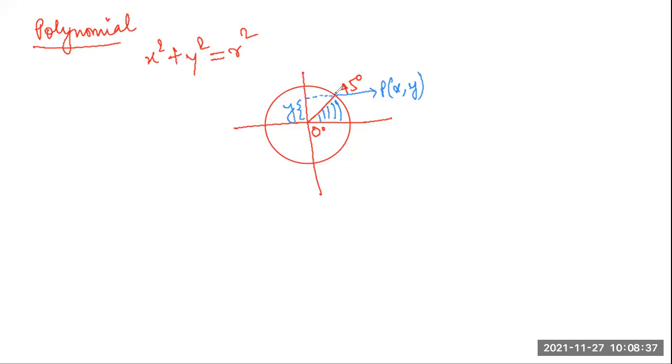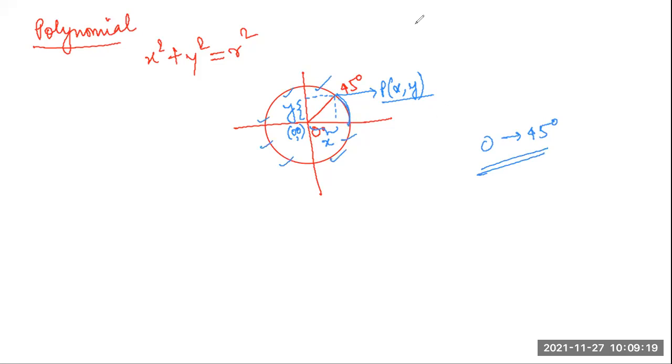And if I drop a perpendicular from this point, this section gives me the intercept value of x, considering that I have the center at 0, 0. Fine. So this is the way we calculate the values of P. For 0 to 45 degrees, for one quadrant, it will give me the value. And all the rest of the coordinates will be calculated automatically using the concept of reflection.